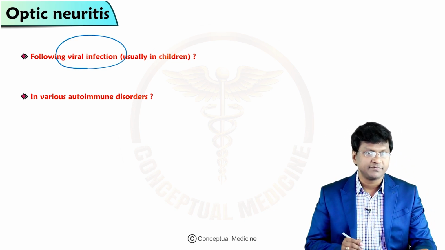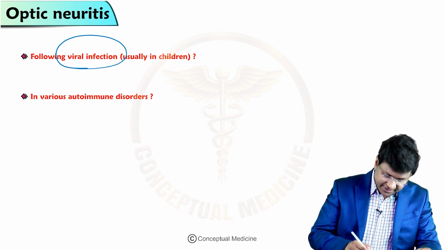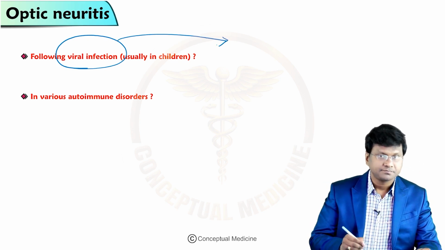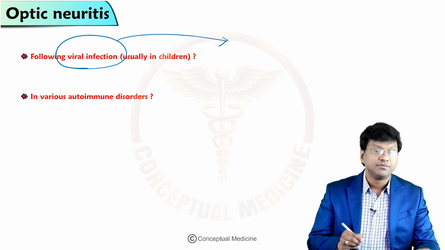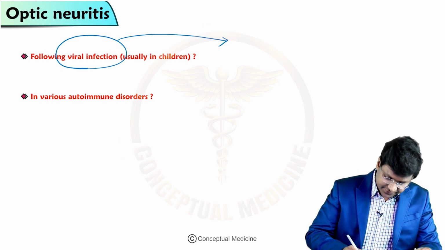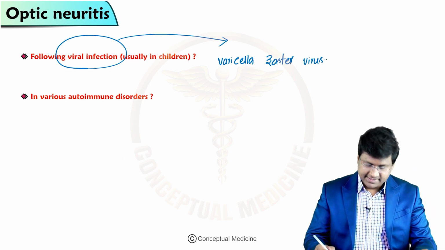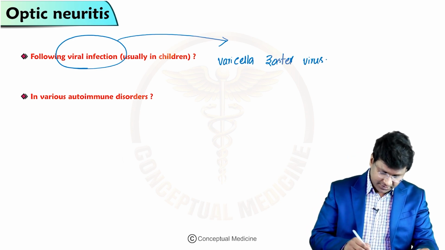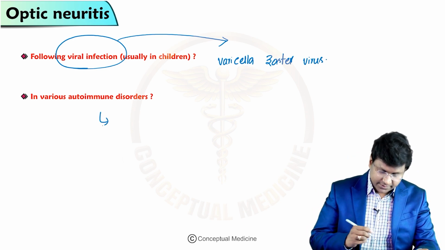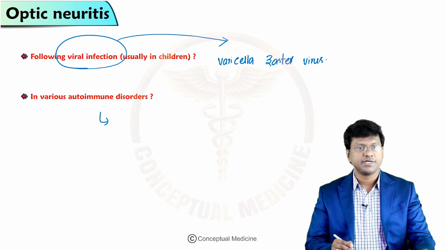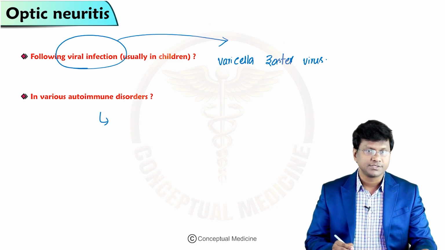Optic neuritis will also occur following a viral infection, and this particular viral infection is usually varicella zoster virus infection. Even certain autoimmune disorders are associated with the development of optic neuritis, and